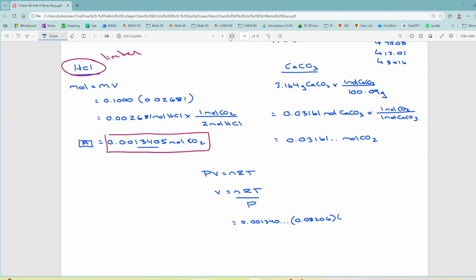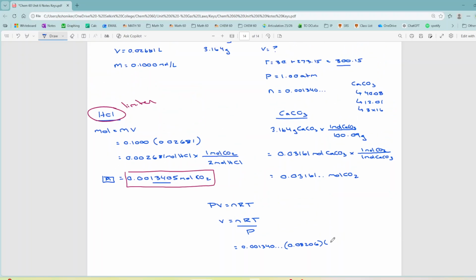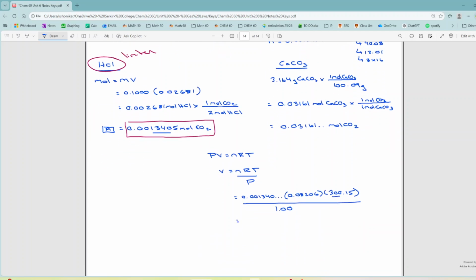My temperature is 300.15, but that's only 3 sig figs. And then my pressure is also 3 sig figs. Okay, so then plugging all of this into my calculator, I'm going to go recall A, and times that by 0.08206 times by 300.15 divided by 1, which I don't really have to do. And I end up with